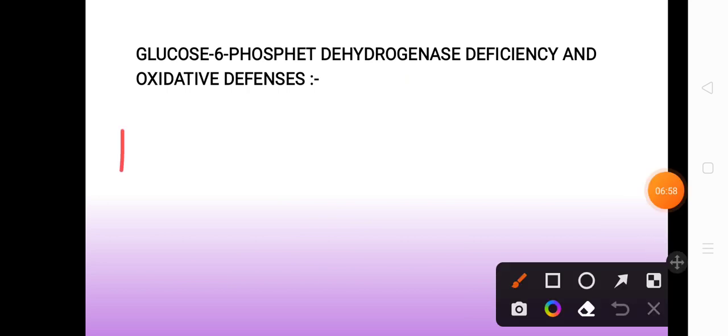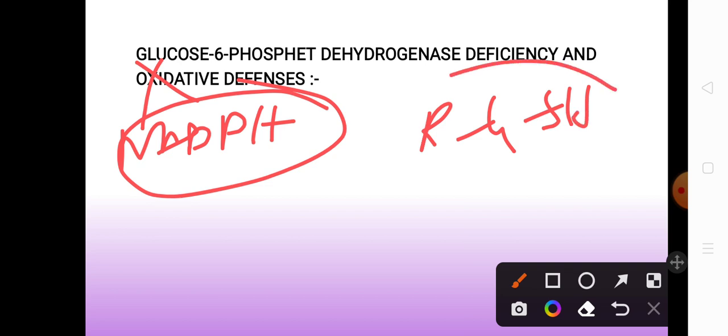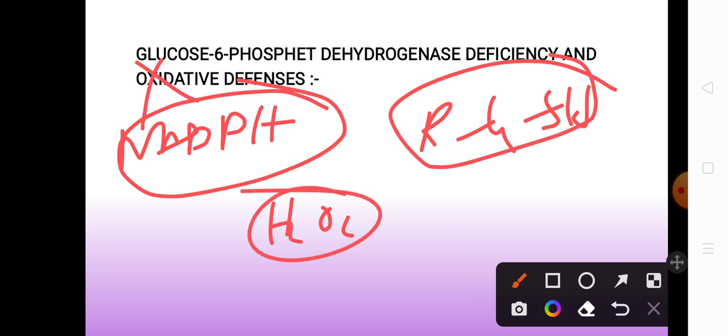As NADPH is not being produced, reduced glutathione somehow is not present. And as a result, H2O2, which is the toxic byproduct of various oxidative processes, cannot be removed. So as it cannot be removed, it is going to react with the double bond